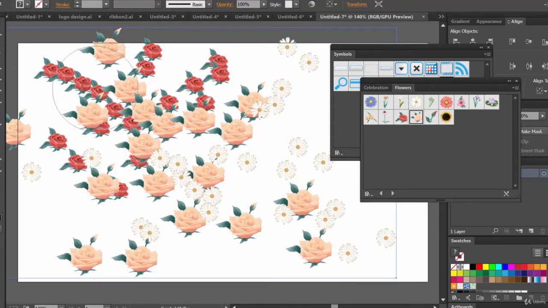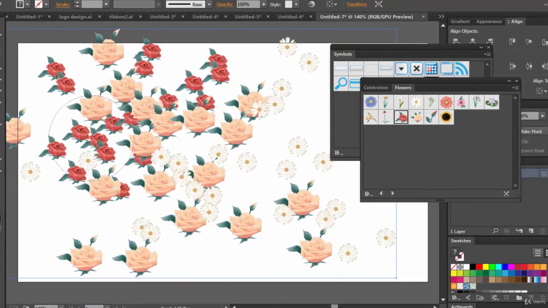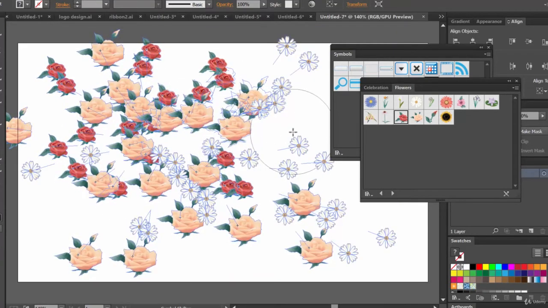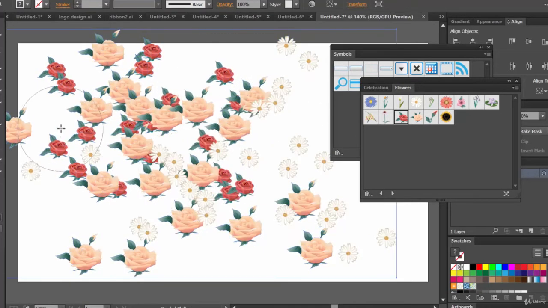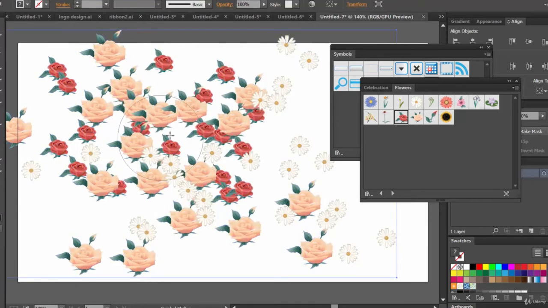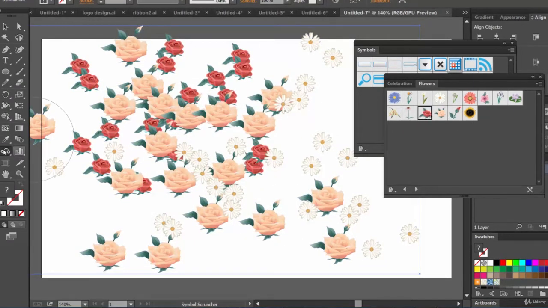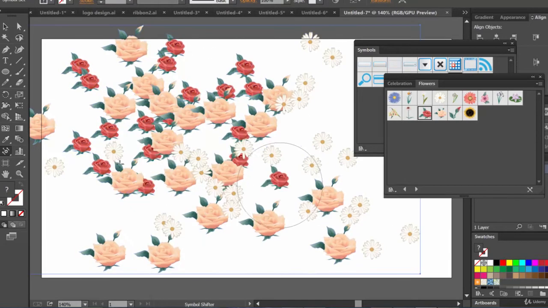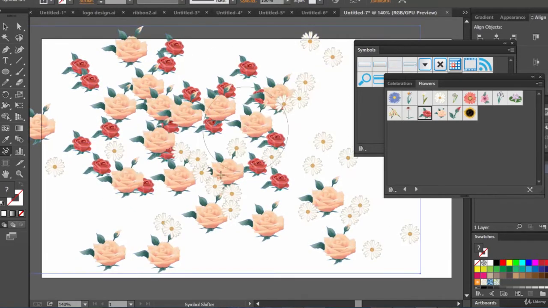Yup. Now let's try to shift these roses. For that you need to select these roses and you can move them. See? So it's not that boring even, right? Now see. Now just take a look. Yep, let's do it more. Okay,